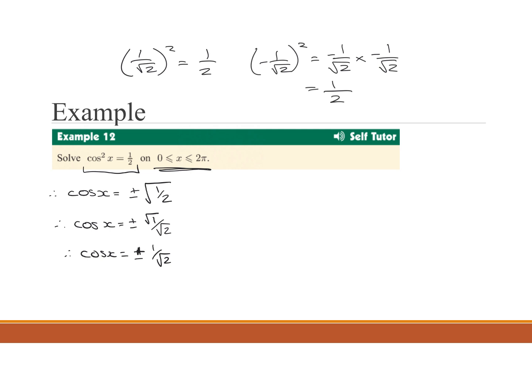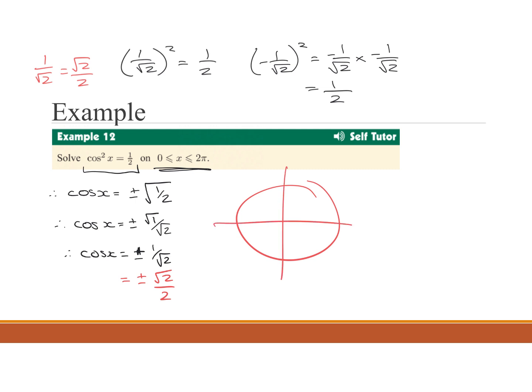So in this case, we need to find where we've got 1 over square root 2. Now remember on our unit circle here, we've got this whole idea of 1 over root 2 is equal to root 2 on 2. So we need to go and find all the scenarios where we've got this. Okay, so again, draw out your unit circle, and if you think about it here, we've got a positive and a minus version of cos, and we know from ASTC that cos can either be positive or negative, and if you're looking for all the positive and negative ones, you're going to find that they're in every quadrant, and it's pi on 4, okay,